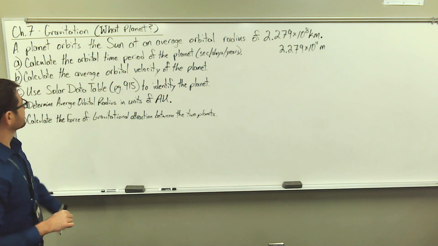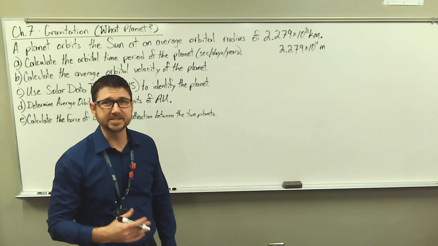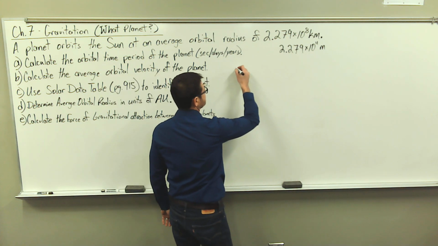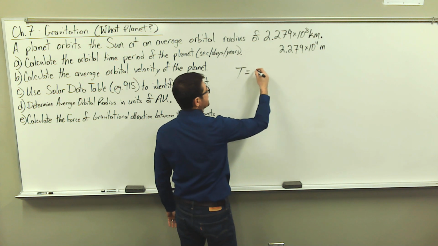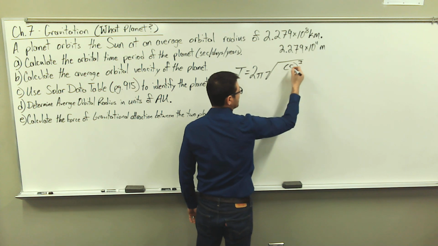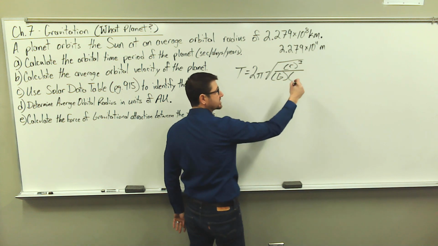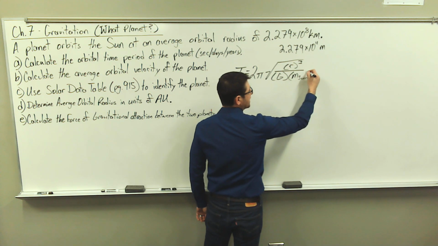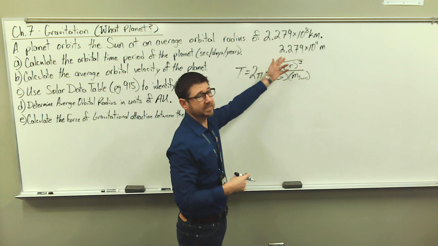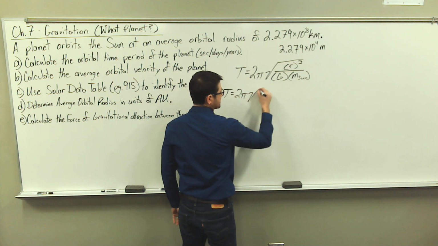Okay, so in part A it says calculate the orbital time period of the planet in units of seconds, days, and years. So we're going to use the equation orbital time period is equal to 2 pi times the square root of the average orbital radius cubed divided by the product of the universal gravitational constant and the mass of the sun. Okay, so we have the average orbital radius right here, so 2 pi times the square root,